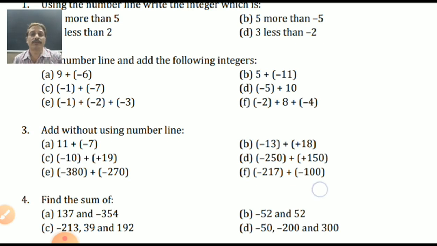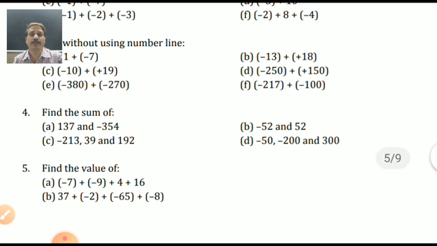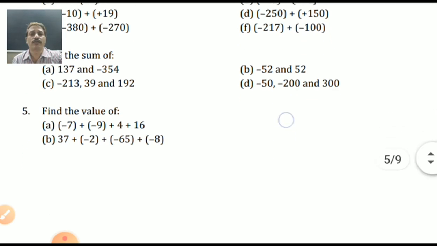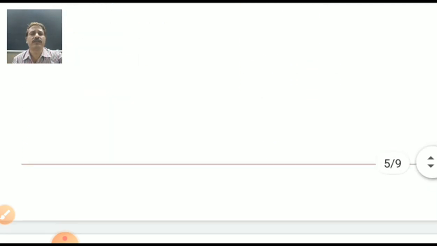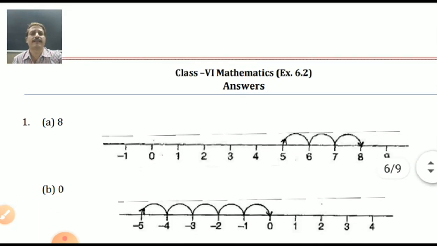Find the sum also. 2 numbers are given. We can find out. We are knowing the method. 3 numbers are there. Don't worry. Addition, subtraction we are knowing. Same sign, add up. Negative, negative को एक साथ ले लो. Positive, positive को एक साथ ले लो. Plus, minus को तो बात खत्म. Find the value here. 4 numbers are given. Don't worry about that one. Oh students, easy one. Yes, the answers are here.